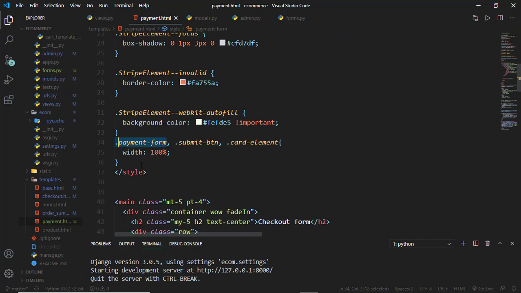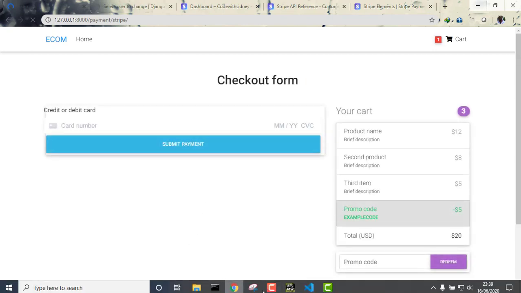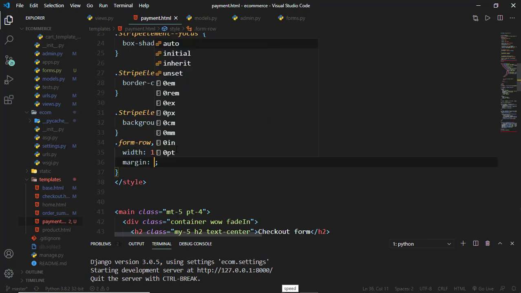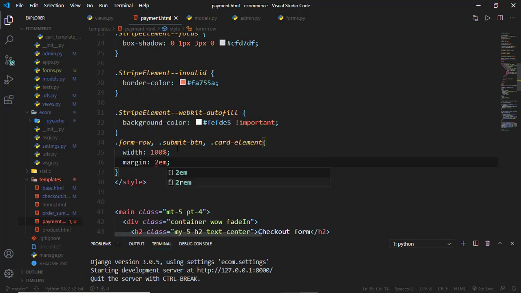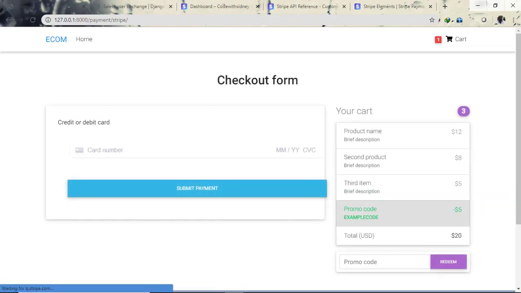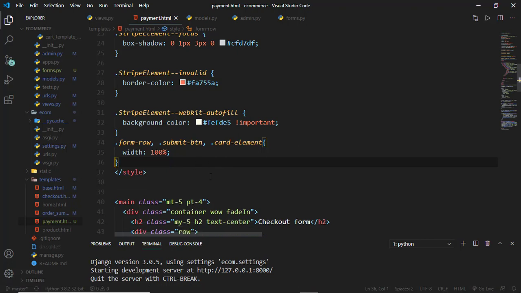So the class of form-row, refresh. So we have that, and we can give a margin of, let's say, 2em. Refresh. Now we're getting that error. Let's get rid of that